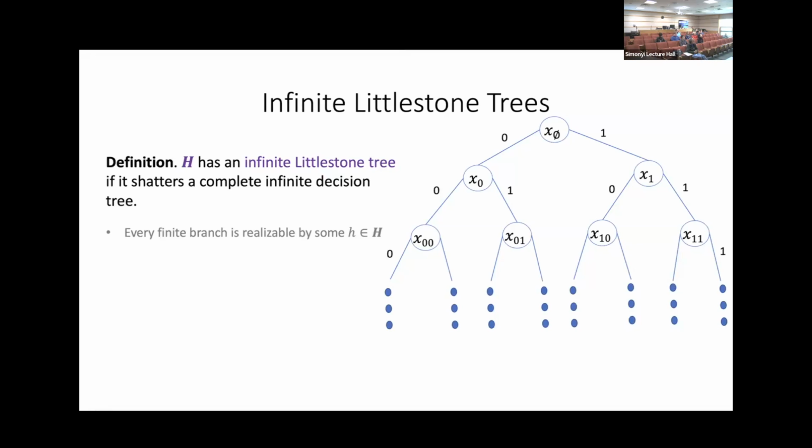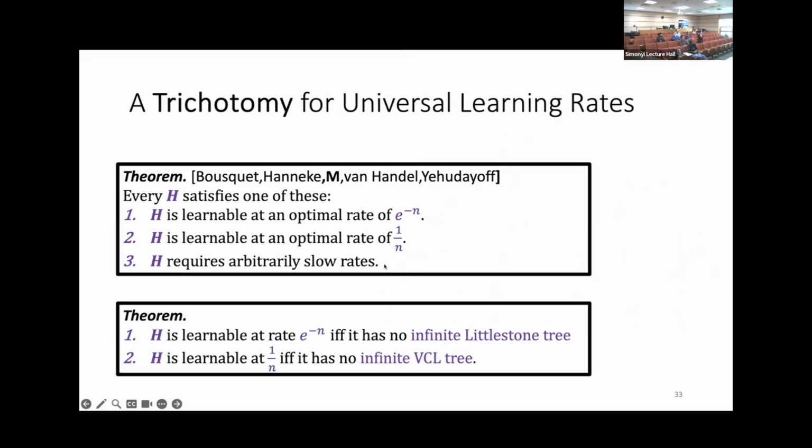One question. So case 3, does that mean that there is no function R that goes to 0 such that H is learnable with universal rate R? No, for each R, there is a hypothesis class which does not converge like R. No matter how slow you want the decay to be, there's something which cannot achieve this slow decay. It will be even slower. What Avi said is that for every R you give me, and for every algorithm you give me, I can find a realizable distribution on which the algorithm will be even slower than R.